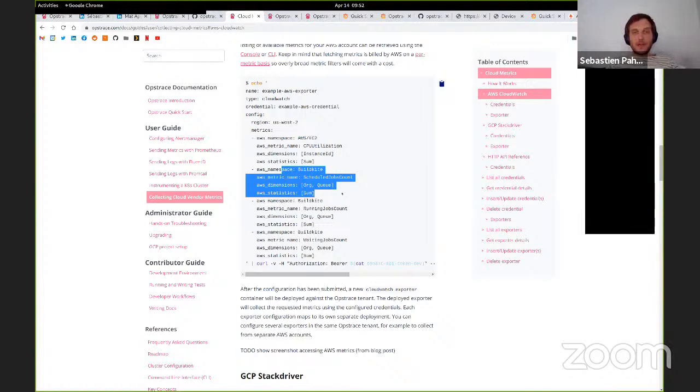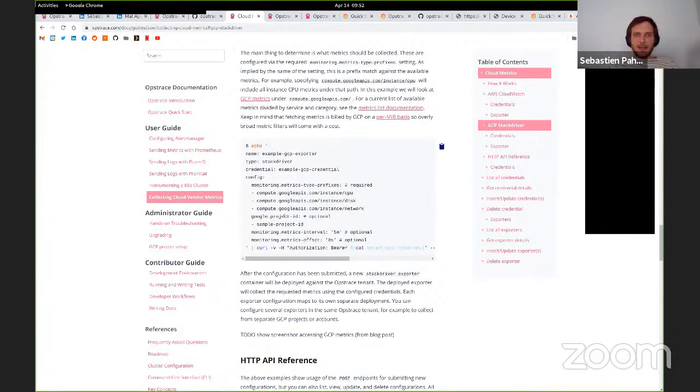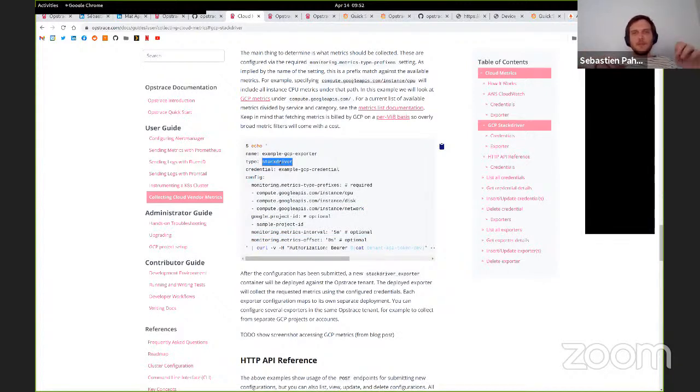We still have work to do; we have to add a screenshot here. GCP is the same way. You want to get things out of Google APIs and say how often you want to scrape these things. This is how you submit this. This is an example for Stackdriver. Same as above, same as CloudWatch. Go get the metrics where they are. Go get the logs where they are. This is our system to enable this.